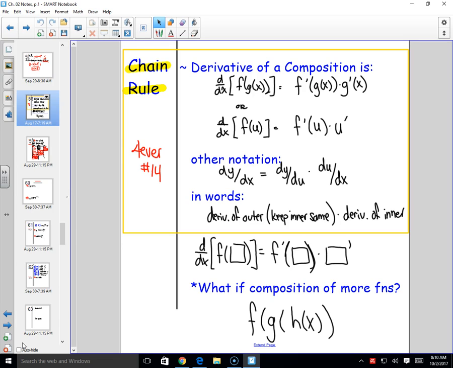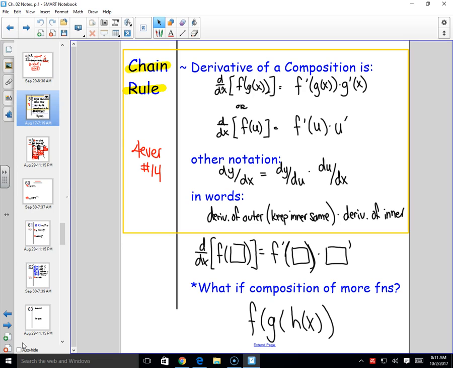So we do have our rule, our chain rule. And remember, it's one of the most practical, one of the most useful, but it's also one of the trickiest to really master. And it's not alone. If you look at the chain rule, it's an additional step that needs to be taken,